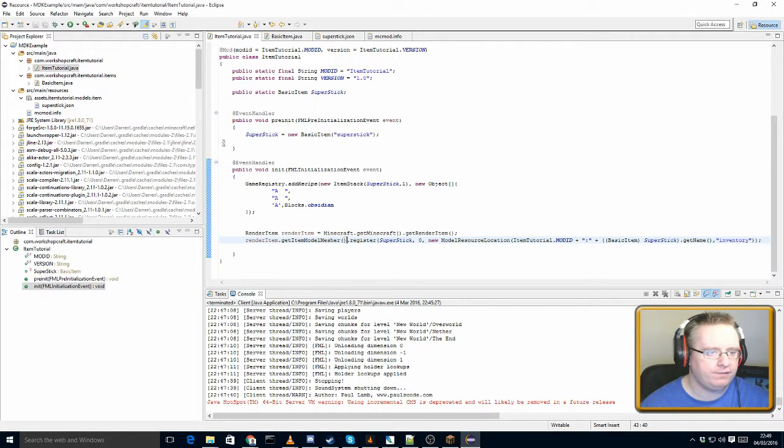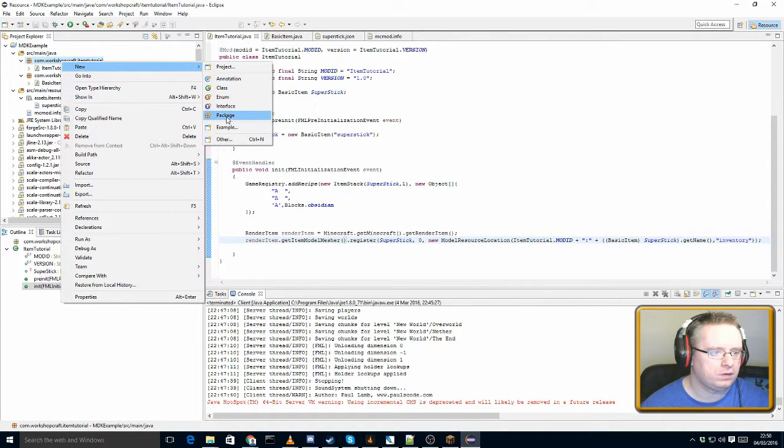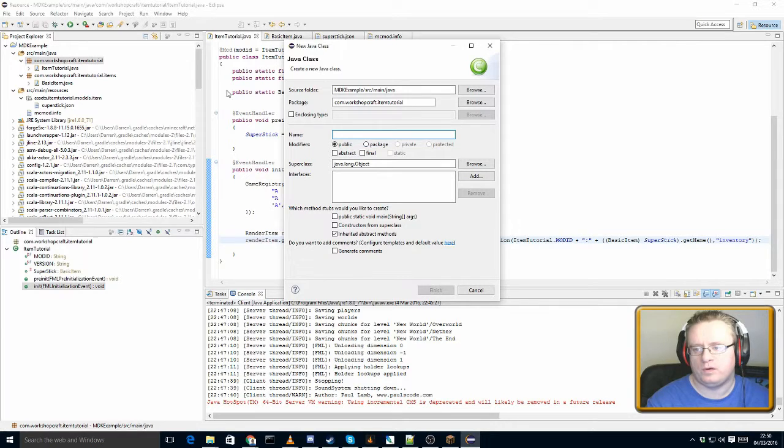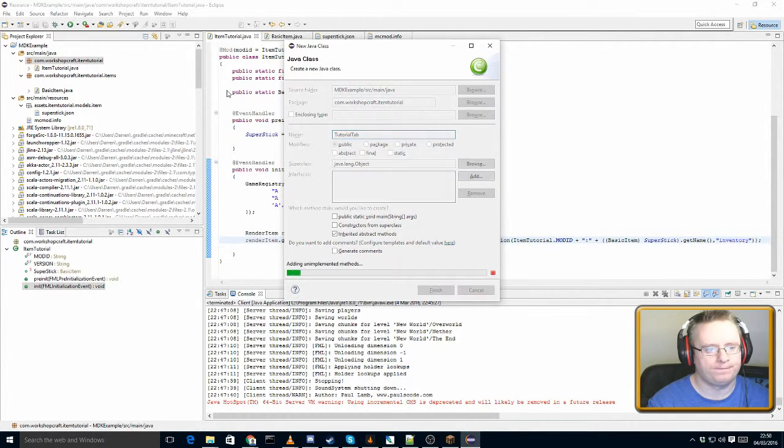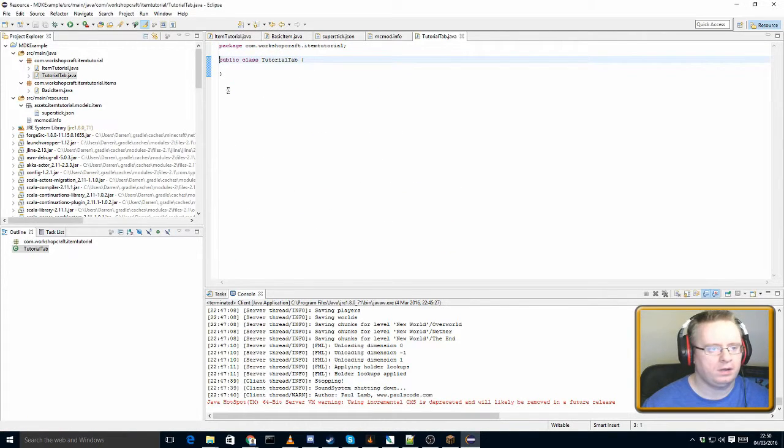Okay, so for the next part of this tutorial, what we will do is create a separate tab, and this isn't too difficult to do. It's not too difficult at all. So what we do is create a new class called... what should we call it? Let's call it the tutorial tab. Like so. And then the tutorial tab needs to extend creative tabs. And then it has to have a public